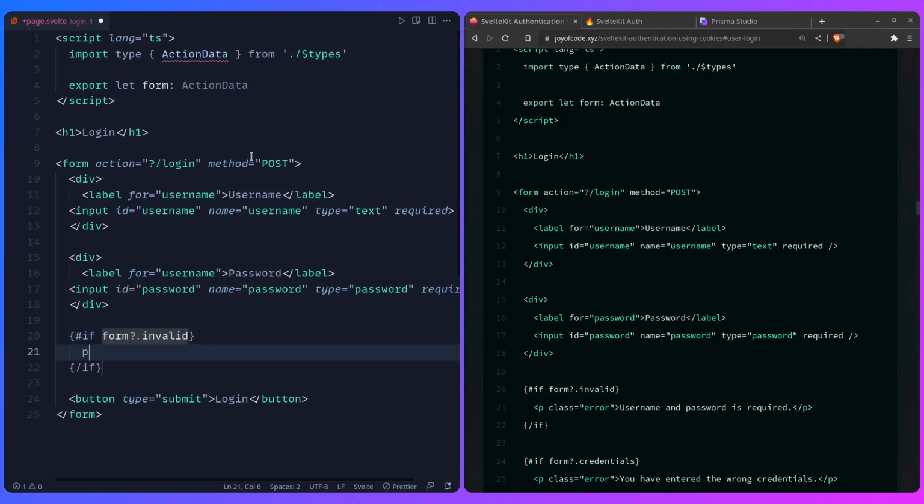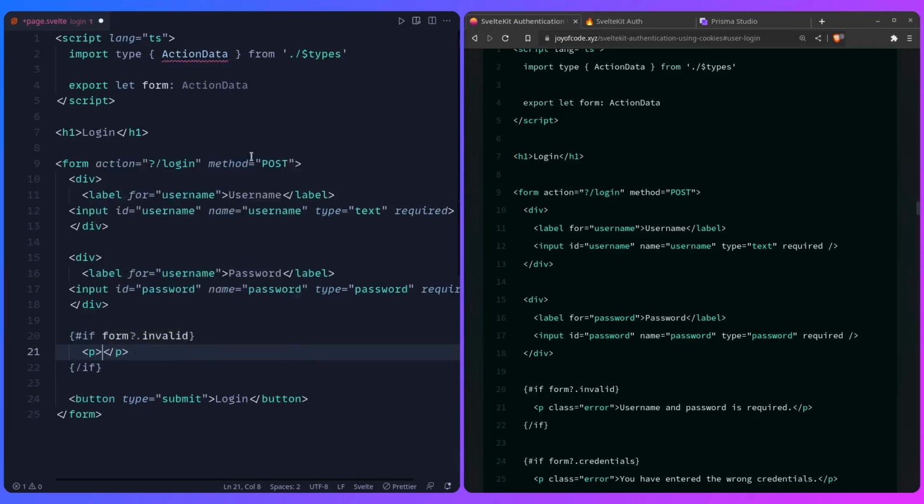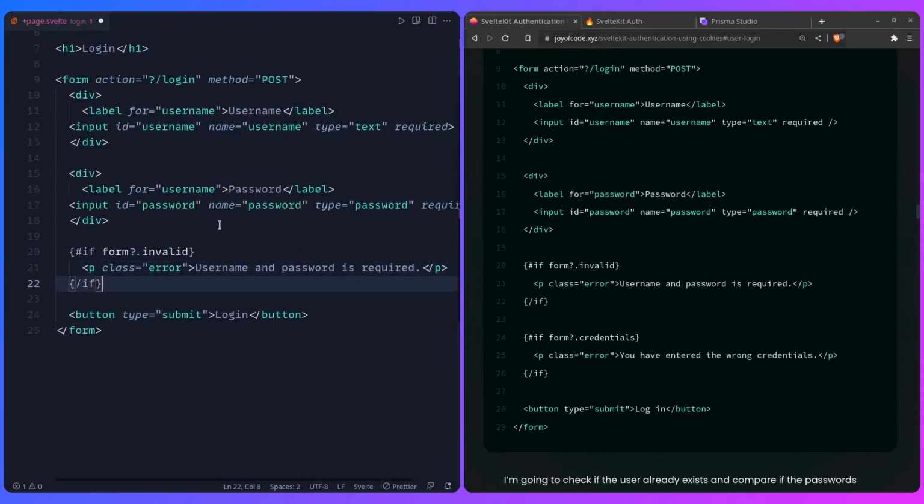Let me just see, do I get... sometimes it might work, sometimes it doesn't. Username and password is required. So you see, I really don't want to be specific what exactly is wrong here, which is more secure. And then we're also going to return if the credentials are wrong. So I can say if form